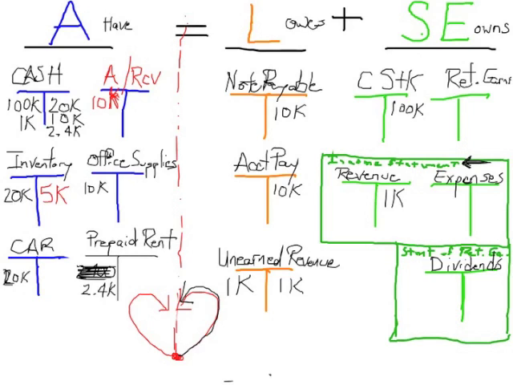Well, I did tell you there's 4 accounts that are affected. The amount we're going to collect, the account receivable amount of 10K, that's raw revenue. We collected 10K. Revenue, go over to stockholders' equity, revenue's going to go up by 10K. So now our 10Ks are in balance. We have a 10K debit and a 10K credit. But now we have a 5K credit in inventory, and we know we need a debit somewhere to balance out